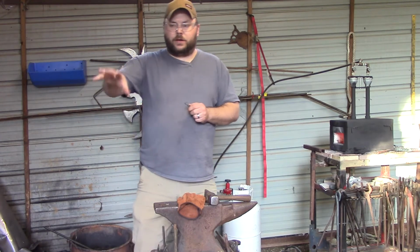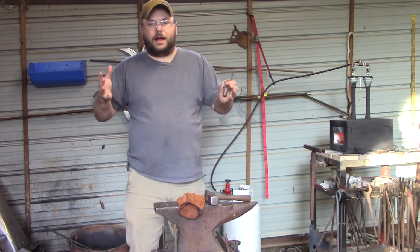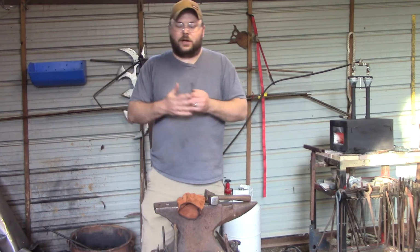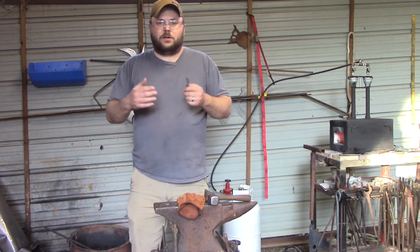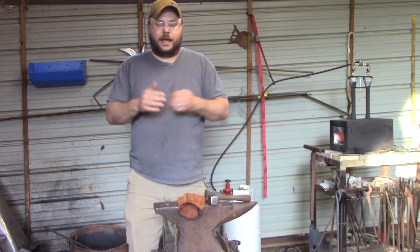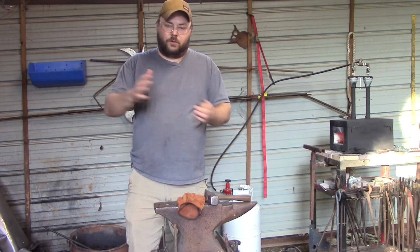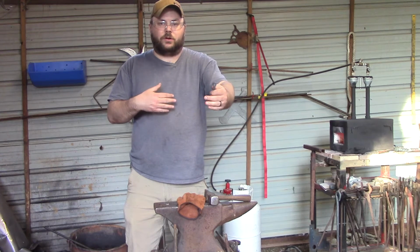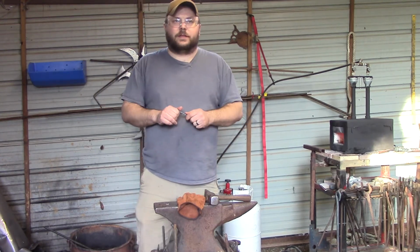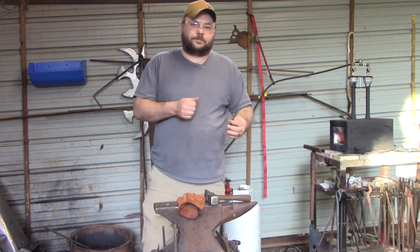When we go to talk about making a leaf, you learn how to draw, you learn how to fuller the metal out. So you learn how to make the metal longer, now you're going to learn how to make the metal wider. In doing that, that's how you make a knife blade. That's how you make spearheads. That's how you make draw knives, adzes and froes and things like that: you learn how to draw and fuller that metal down. So you draw it out and make it longer to the length that you need it, then you fuller it out to make it wider, and then you learn how to do your bevels and everything. But learning something just as basic as a hook right off the bat is going to teach you